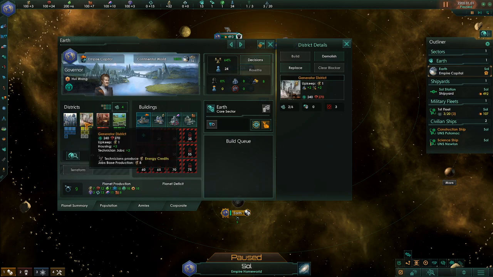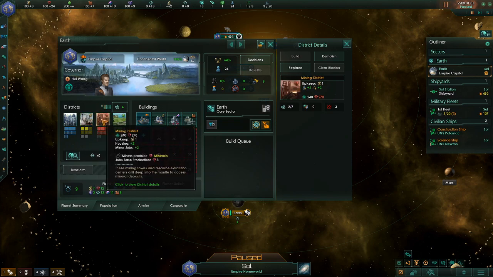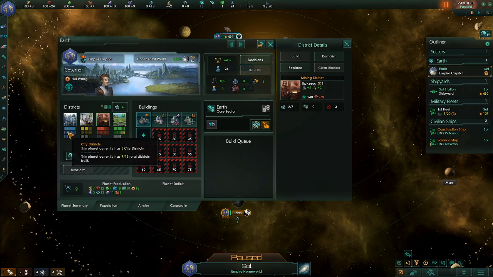They also give housing, but not as much. All of these give housing, just not as much as the city district. But energy pretty much gives you 2 jobs that give you energy. Mining gives you 2 jobs that give you mining, because it says right there, miner jobs plus 2. And horticulture district pretty much does what you expect it to do. It would give you 2 jobs that are for food. And pretty much these squares here,